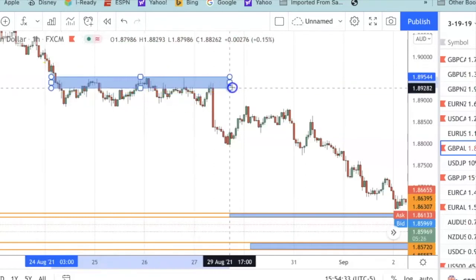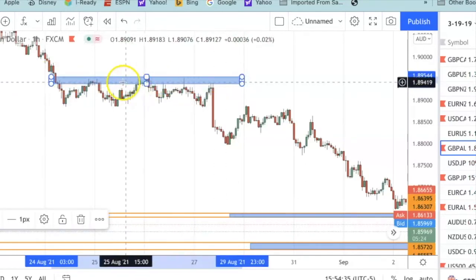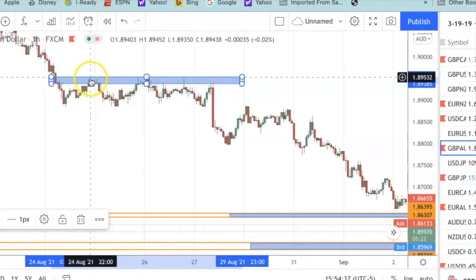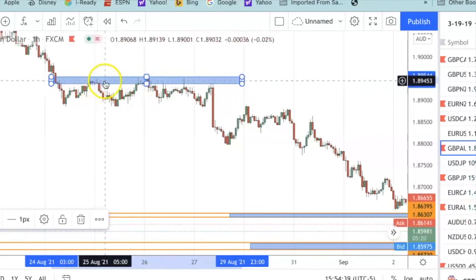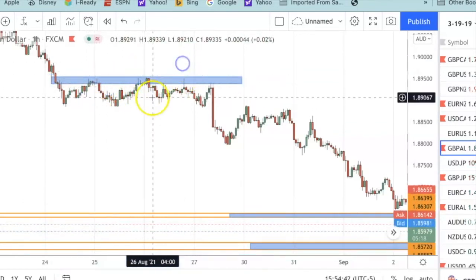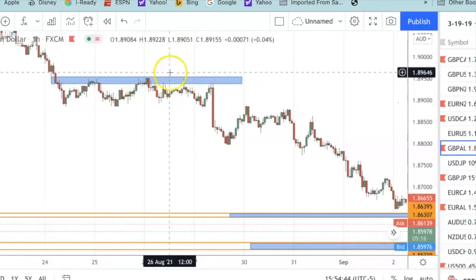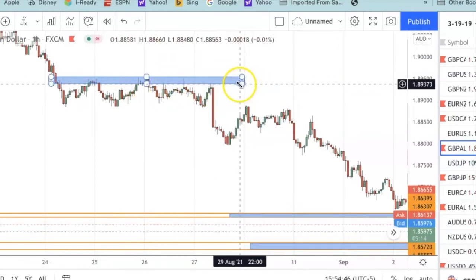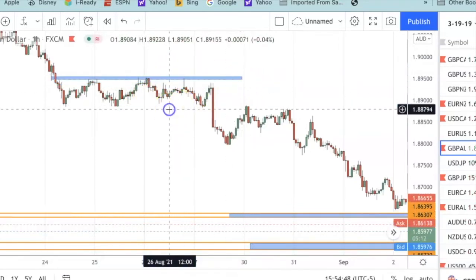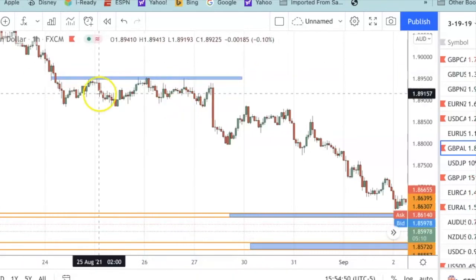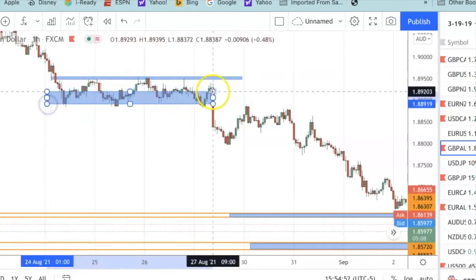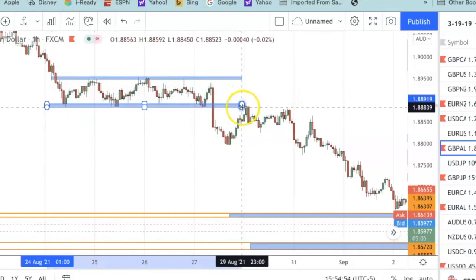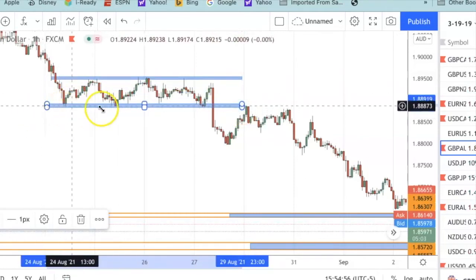You see here, market structure. It tried to break, came up here, touched here, candles all wicking, touching this ceiling. Here, touched all of those areas, right? That's a ceiling, resistance. It's a floor, support, okay? Now you see solid candles right here, but it never broke out of that zone.